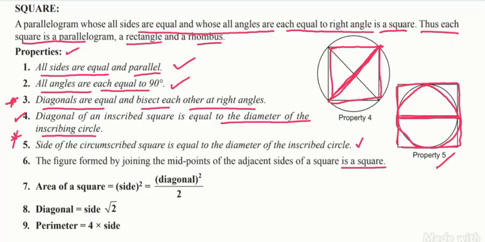So four we have got here. So any quadrilateral means parallelogram. Parallelogram means parallelogram only. Rectangle means rhombus. Rhombus means rectangle. Square means square only. So five, I think everyone please note down. Definitely they will ask as questions. Next one, area of the square we know: side square or diagonal square by 2. Next one, diagonal is equal to side into root 2. Perimeter is equal to 4 into side. So these are the 9 special points we have in square. Very important, note down.